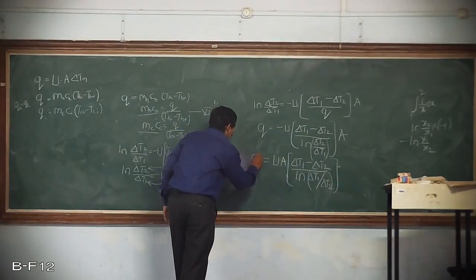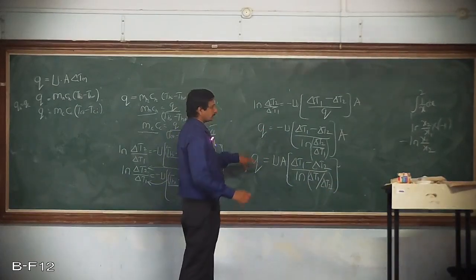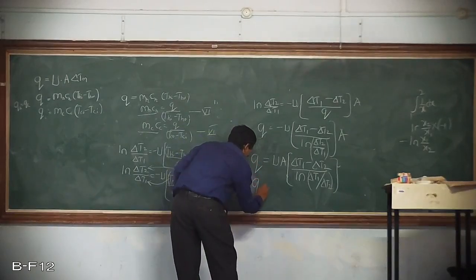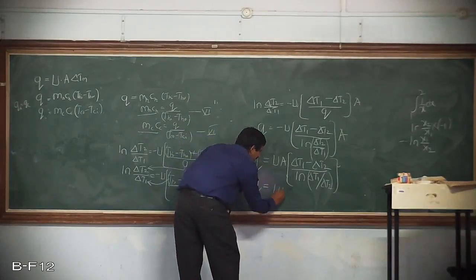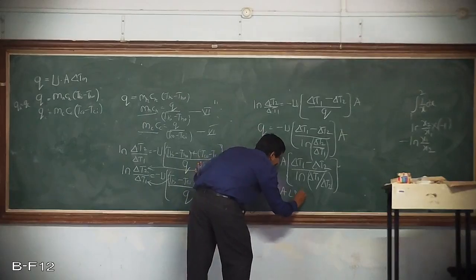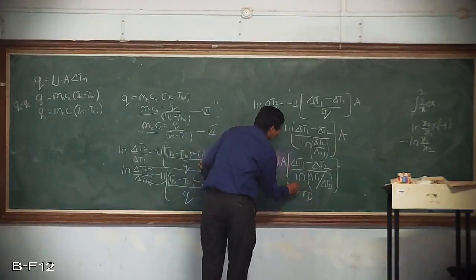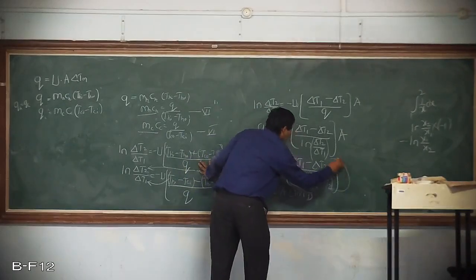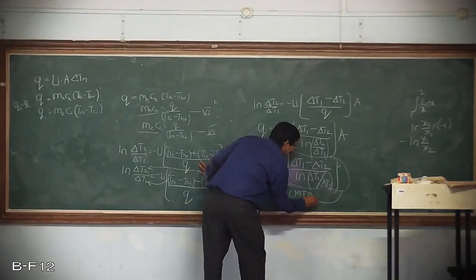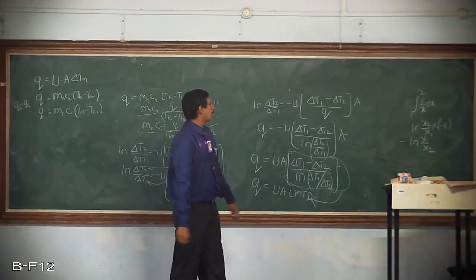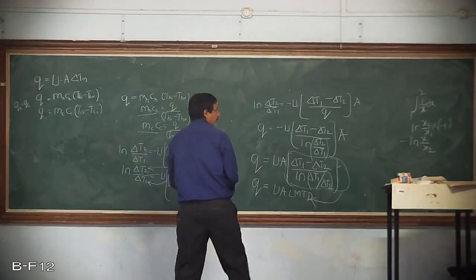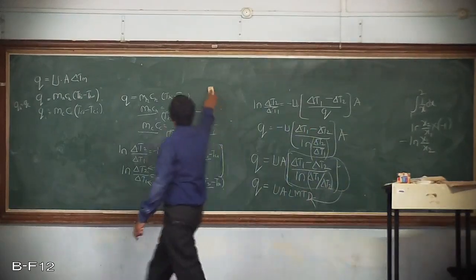This is equal to Q. If this Q is compared with UA LMTD, then what does it mean? This term, whatever we have derived, is nothing but the logarithmic or the log mean temperature difference, which is given by